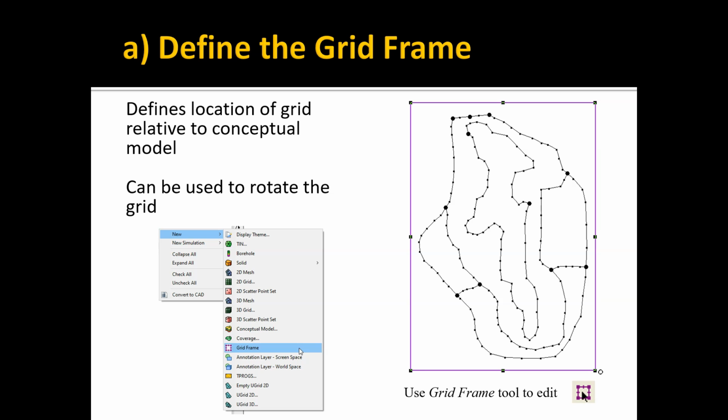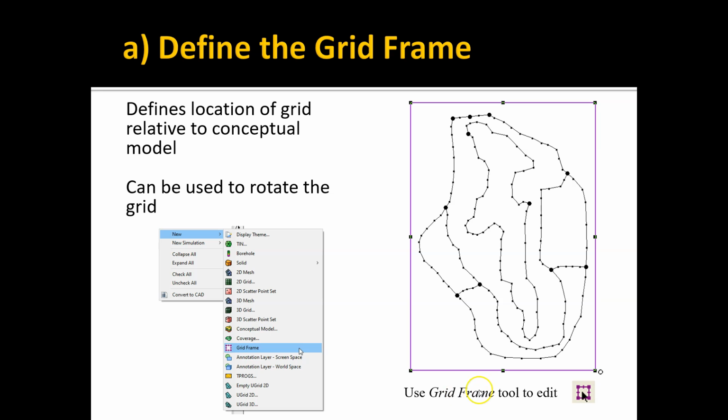And you can use this to rotate the grid if you need to. Sometimes we have a long, narrow aquifer that maybe goes on a 45-degree angle, and it's best to rotate the grid in that case so the rows and columns are aligned with the axes. But in this case, we just create a rectangle that's not rotated. So if you right-click in the Project Explorer window and select New Grid Frame, it will create this purple grid